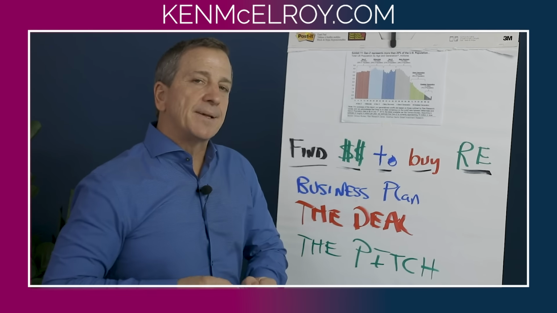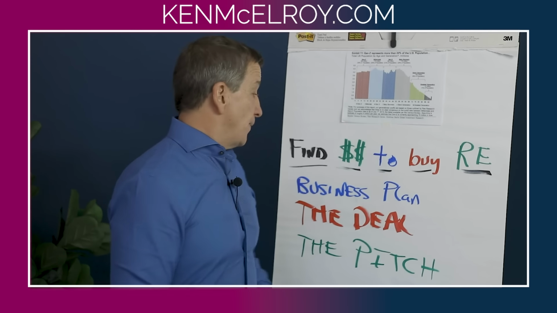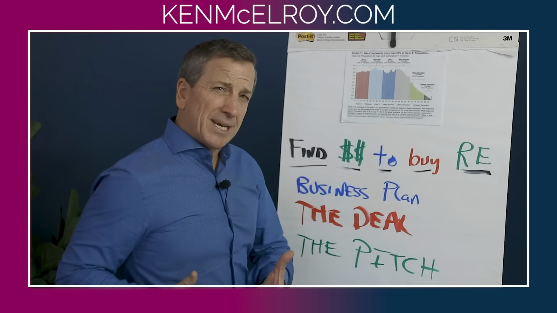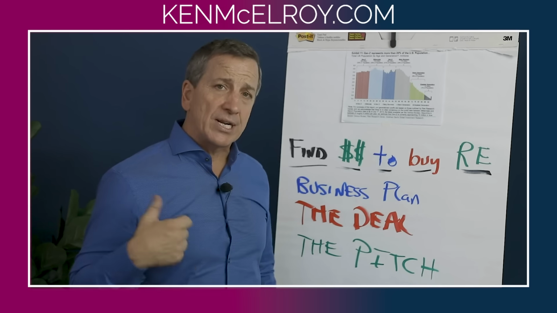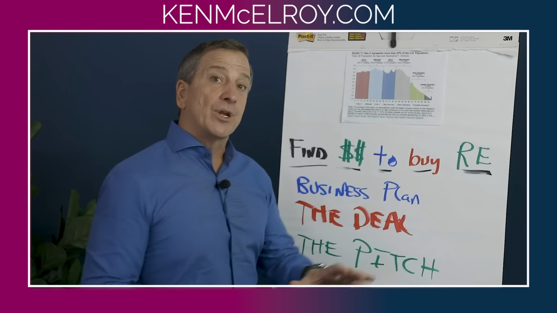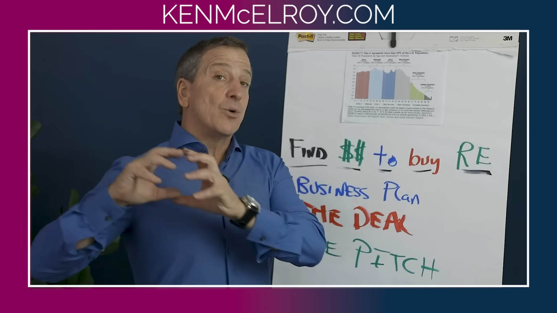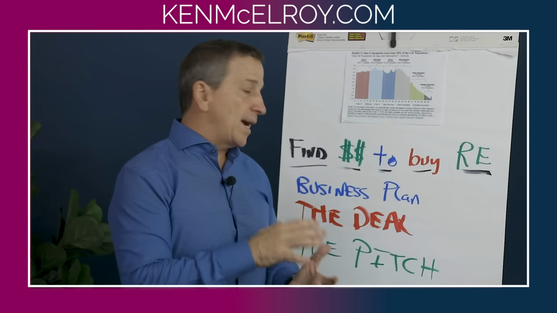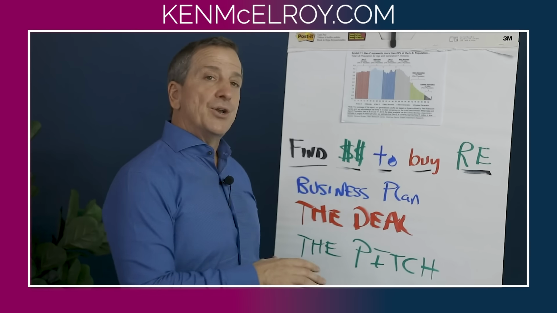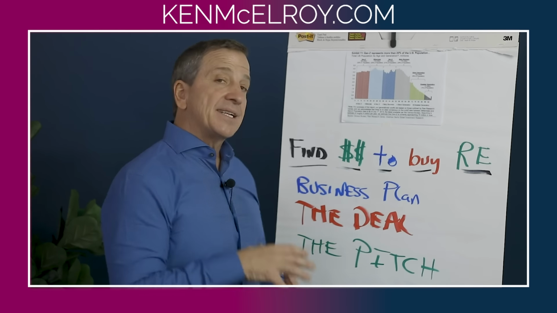So this is the point where you're actually in front of the investor or the lender. So you start with a business plan. You figure out what you can do inside of the deal. So this is where Ross, my partner, and I talk a lot. Almost every day we're talking about what kind of deal you want to offer. What are you willing to give up? How much money do you want to put in? What's your split? What does the investor want? What does the lender want? Okay, and as the lenders come at you, you need to know what your flexibility is in all these areas. Okay, and that's in the pitch.